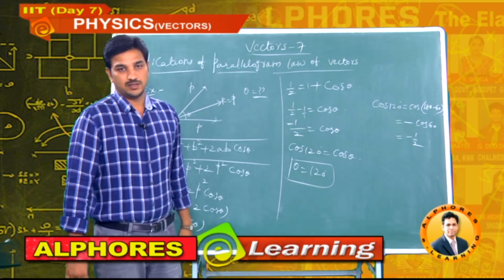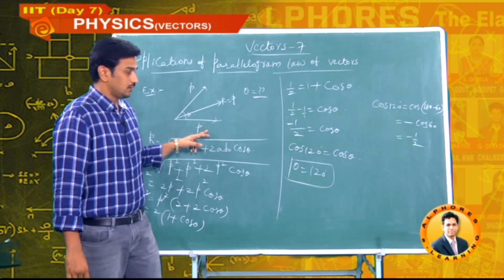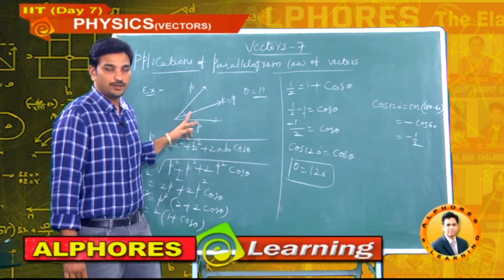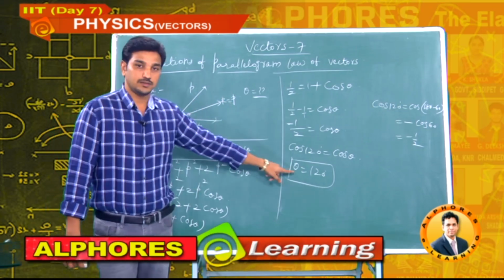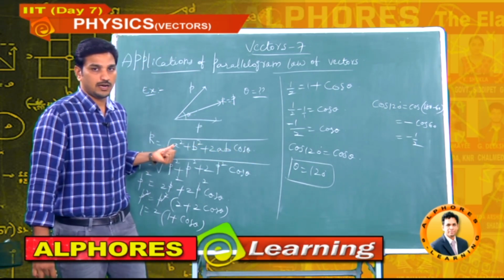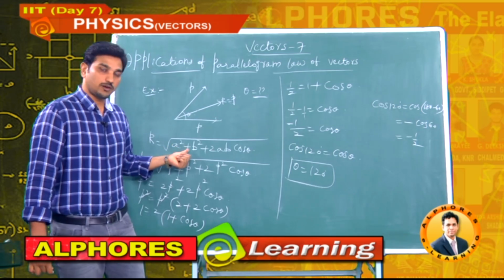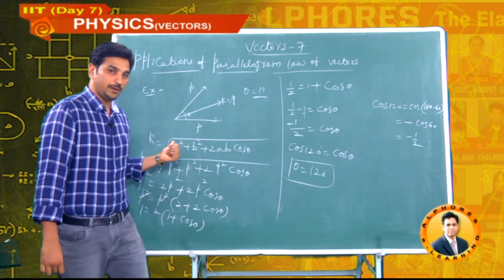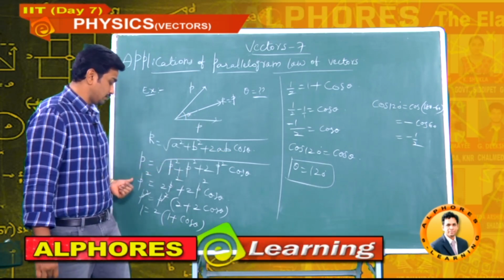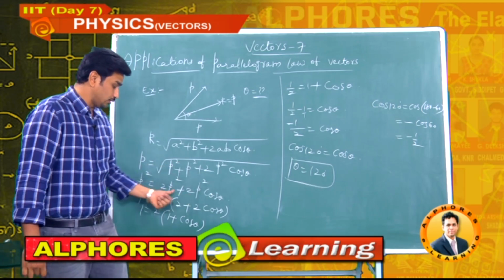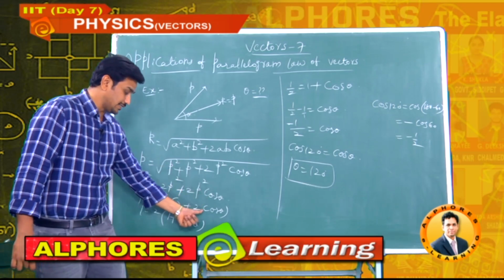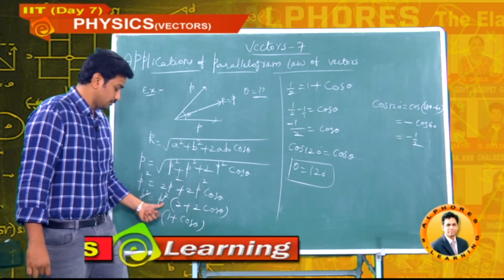What is our question? Two equal vectors, and the resultant is again the same as the individual vector. Now the angle between the two vectors we should find. What is that? Theta equals 120. What did I do? Simple. The resultant of two vectors formula I know: root of a square plus b square plus 2ab cos theta. A value P, b value P. Substituted, and after substitution, squared on both sides. Now P square is common in this equation. After taking P square common, 2 is left over here, and 2 cos theta is here. Now P square cancels. Here 1 is there.